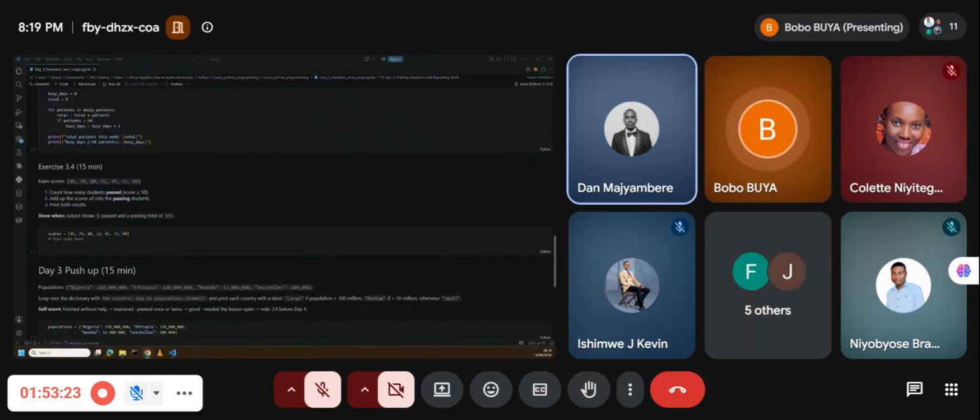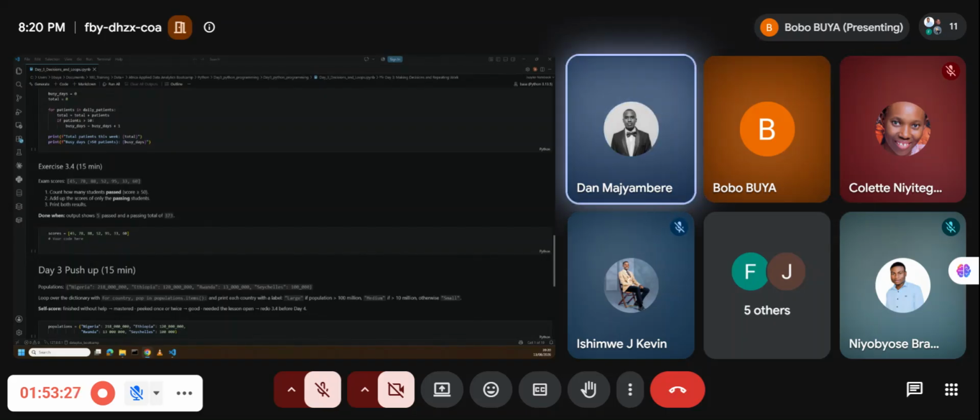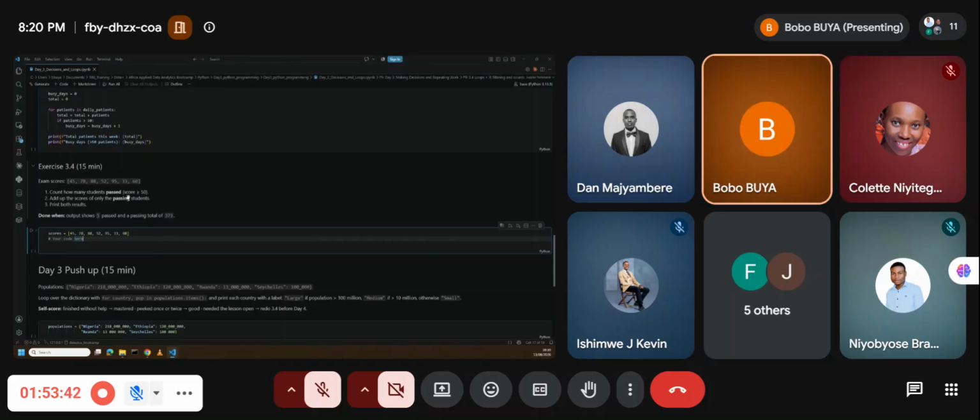Can you see my screen? Yes. Okay, so I think what we need to do is this exercise 3.4. The list is a variable called